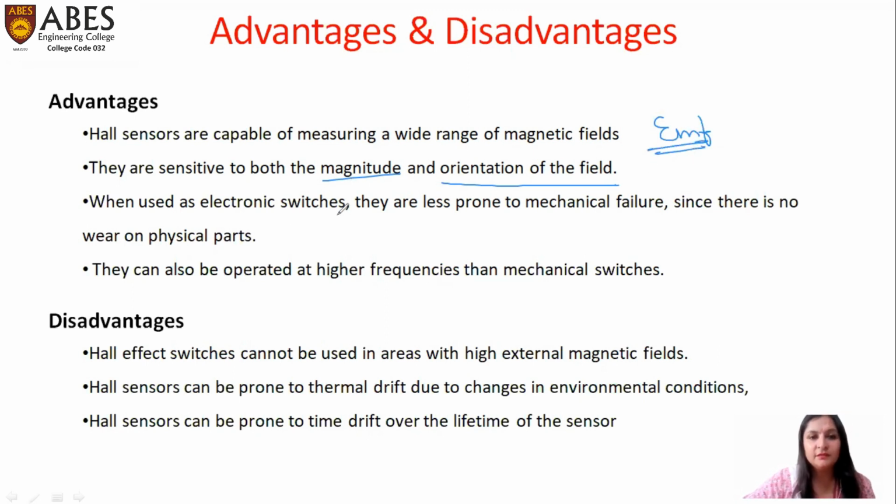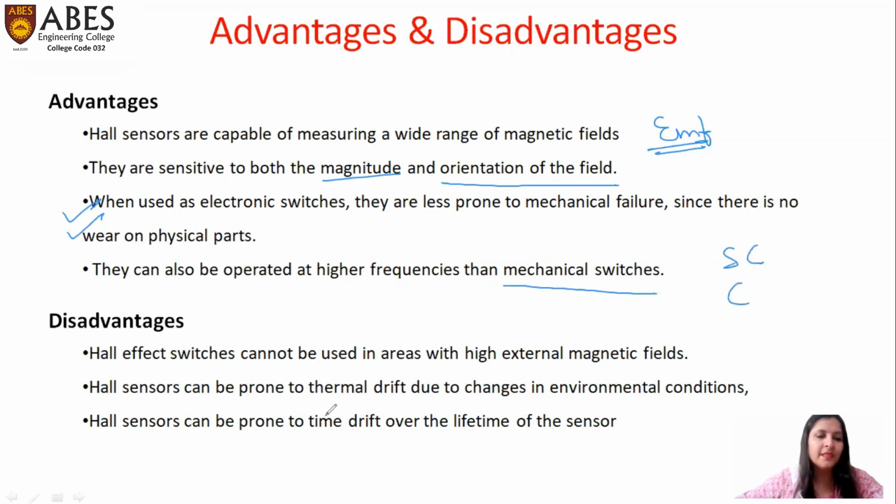Now, when used as electronic switches, they are less prone to mechanical failures since there is no wear on physical parts. This is an important point. Here, we can use these Hall effect sensors for position measuring as an electronic switch. When we use this as an electronic switch, there is no mechanical failure. Like in the initial days, we used mechanical switches, which may have mechanical failures, wear and tear, which will not be here because this will be a push button switch. Then another advantage is they can also be operated at higher frequencies than mechanical switches, because here we can use semiconductors